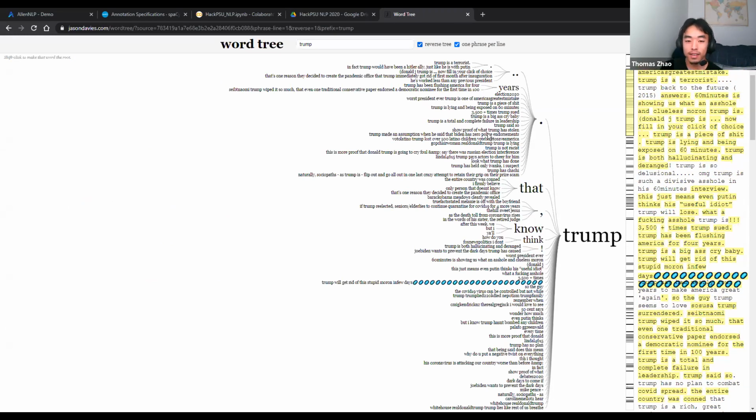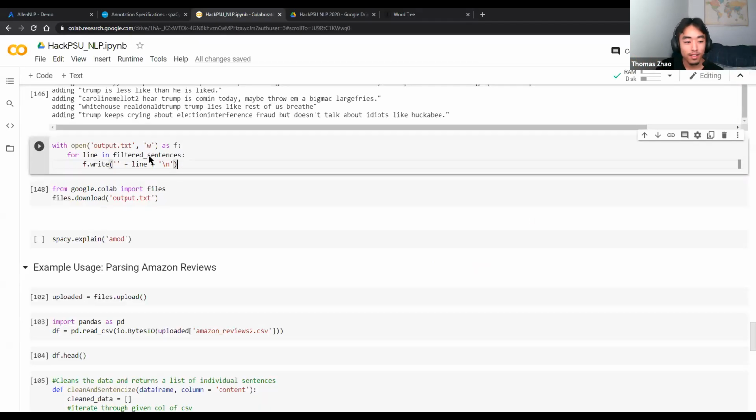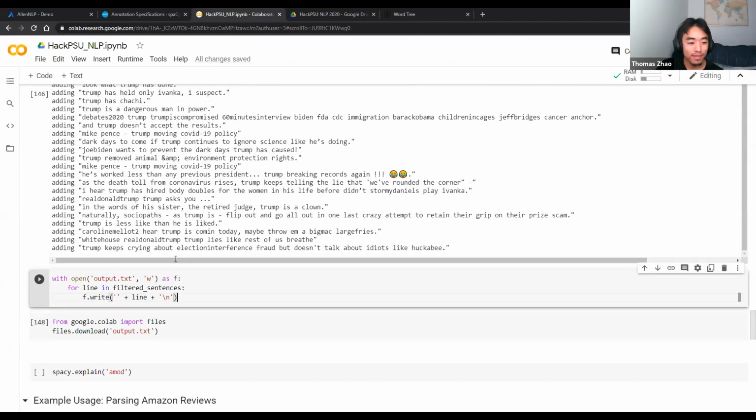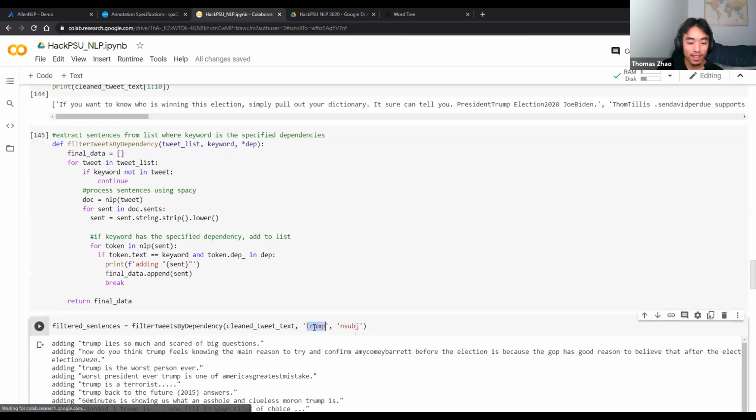And this visualization is mainly to give you a better idea of what you can do with dependency. For example, if you want to look at what kind of adjectives are related to Trump, you can use dependency to parse that. Are the adjectives positive? Are they negative? So let's do another example here. Let's instead just look at the word election.